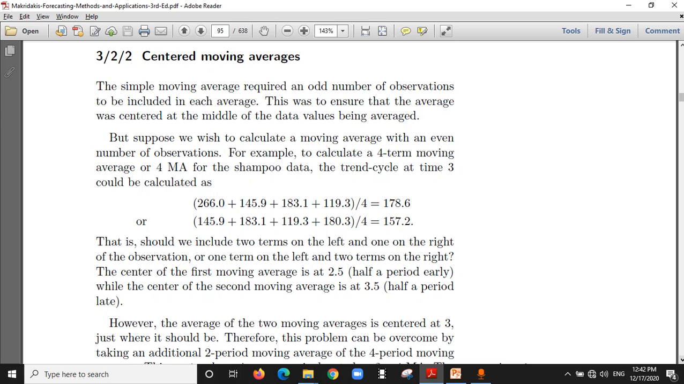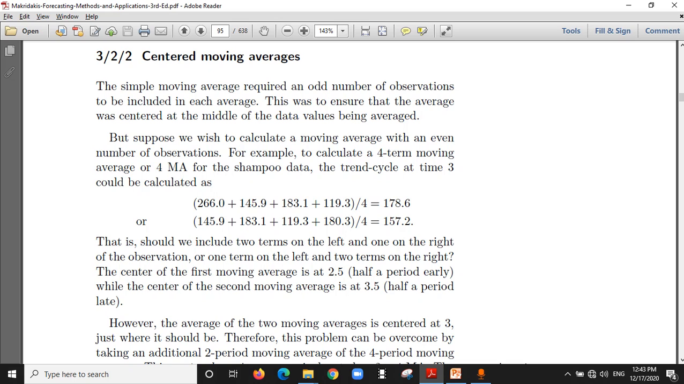But in many data sets, there is an even number of observations. This was to ensure that the average was centered at the middle of the data values being averaged. But suppose we wish to calculate a moving average with an even number of observations, for example, a 4-term moving average or 4MA. For the example that we explained, the trend cycle at time 3 could be calculated by adding the first 4 observations and dividing them over 4,